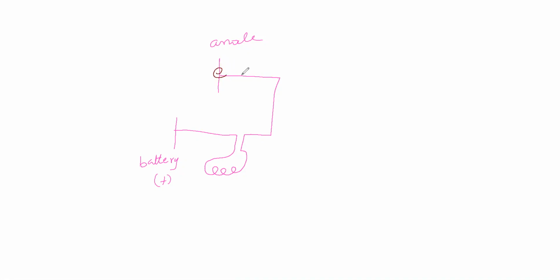This electron, striking the electrons of this metal wire, transfers its higher energy to them. It strikes another electron of the metal wire, so that electron gets higher energy. It strikes the next electron, and so on. Like this it keeps happening, so the higher energy electron reaches the filament of the bulb. The bulb has a filament, and in that filament the higher energy electron is present.